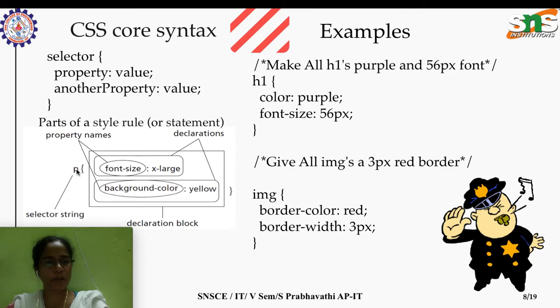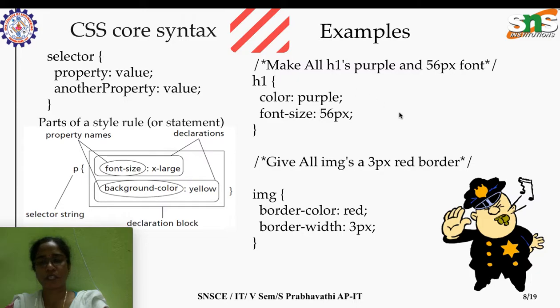So here is one example, paragraph. P stands for the paragraph element. This one we call the selector string, followed by open and close curly braces. We have to define the styles within these curly braces. This is the property name, and this is its value. The things we define within the braces form the declaration block, the entire part is the declaration part, the declaration of property names and values. The whole thing is called the style rule. This is how we need to define the syntax for HTML elements.